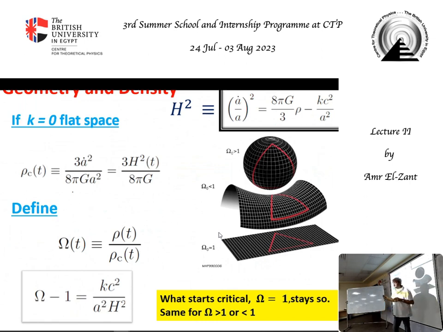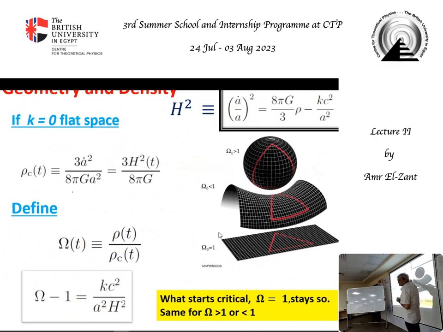If you are more dense than this, the universe is a 3-sphere. That's why we say omega naught greater than 1. Omega naught is the density relative to critical, measured today, in the local universe. Less than 1, it's hyperbolic. 1 is flat. So our 3 cases are connected to the density, because we only had 2 scales in the problem: the homogeneous density and this constant of integration that turned out to be a curvature. So we can define an omega, which is the ratio of the actual density to this critical density.